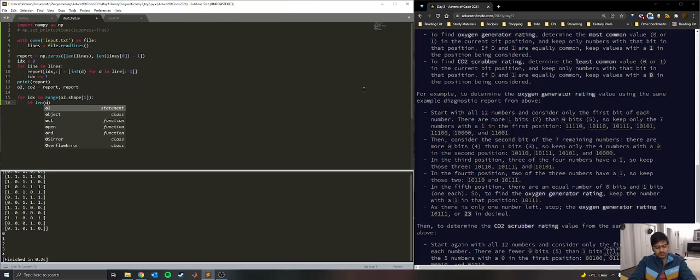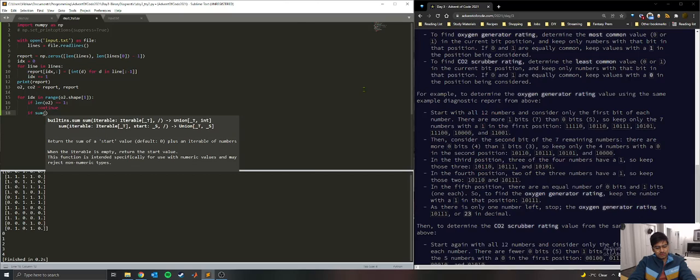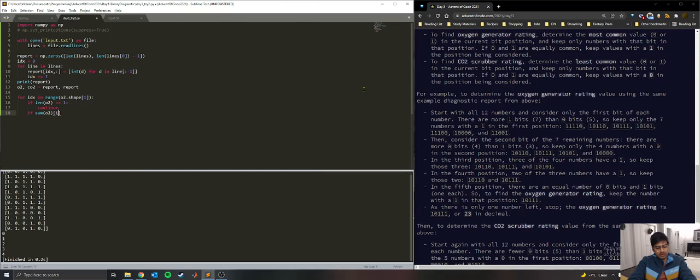So if the length of O2 is 1, then just break out of this loop. Now we want to check the sum of O2 at the IDX position, because remember the sum is going to be a 1D array, or a 1D numpy thing. If the sum of O2 at the index